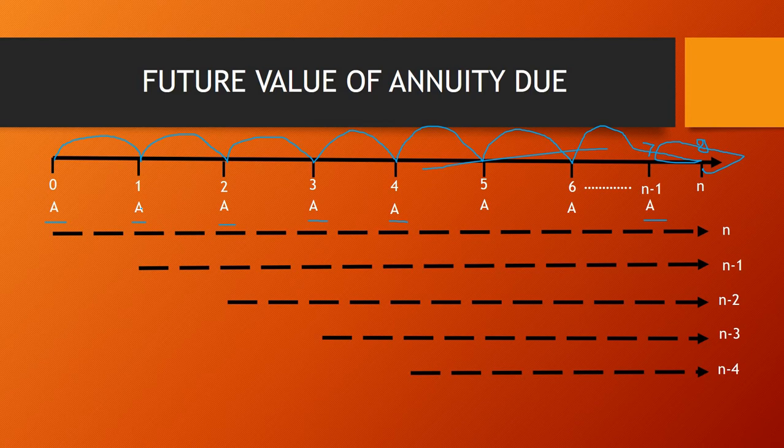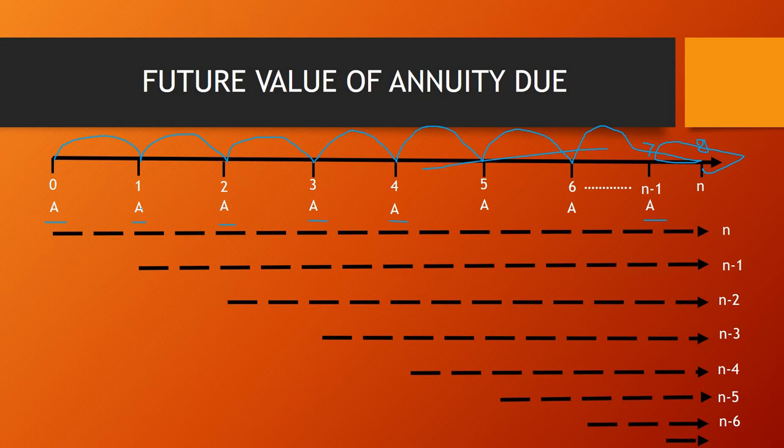That means in our example, since n equals 8 years, you are going to get the interest for 4 years. For the next installment that you have paid at the end of the 5th year, on that you are going to get n minus 5 years interest. That means you are going to get the interest for 3 years in our example. The amount that you are depositing at the end of the 6th year, on that you are going to get the interest for n minus 6, which means 2 years.